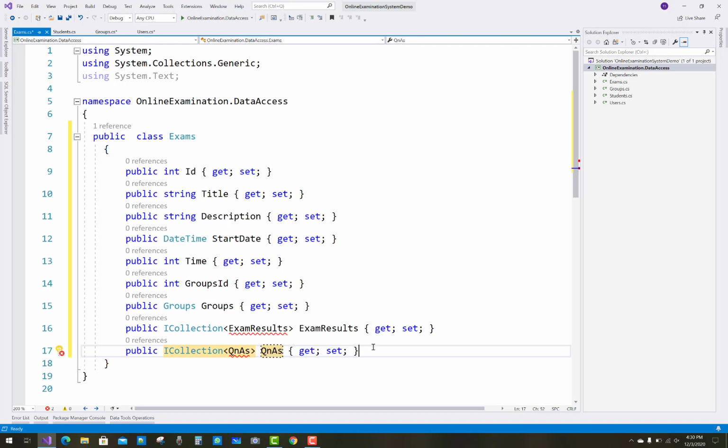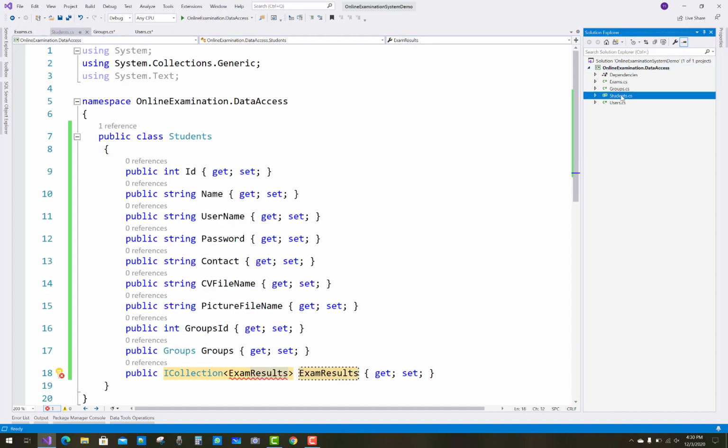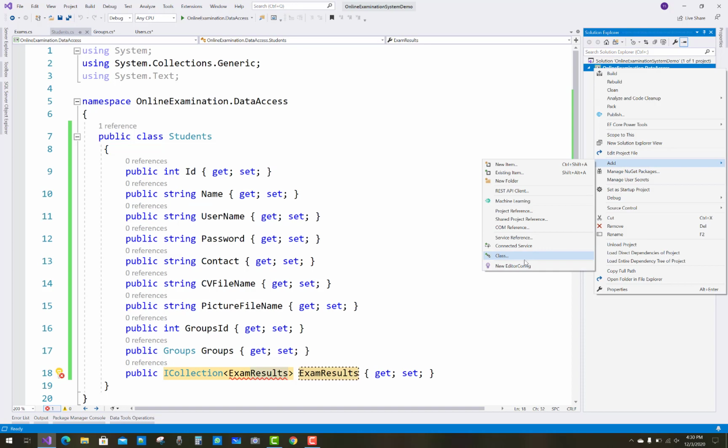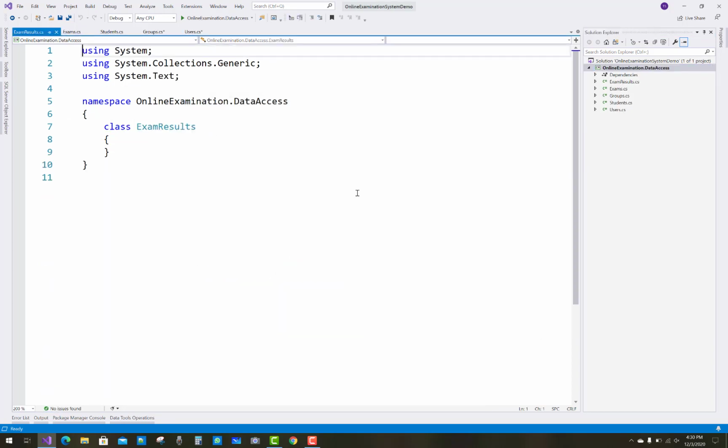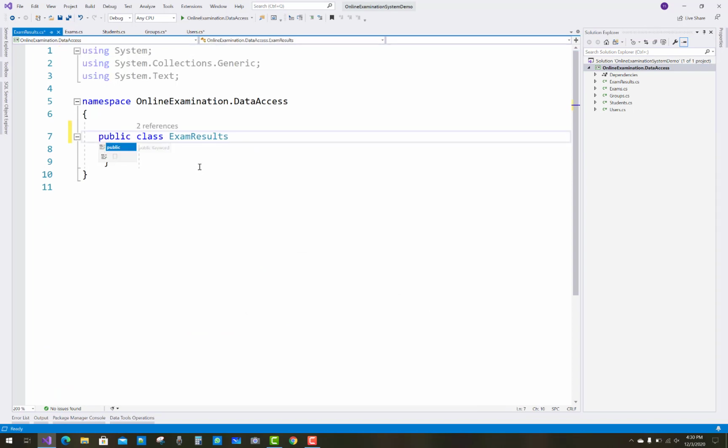So the last two tables remaining are the exam results, pending, because the student has multiple exam results. So the next table name is exam results, public, multiple exam results.